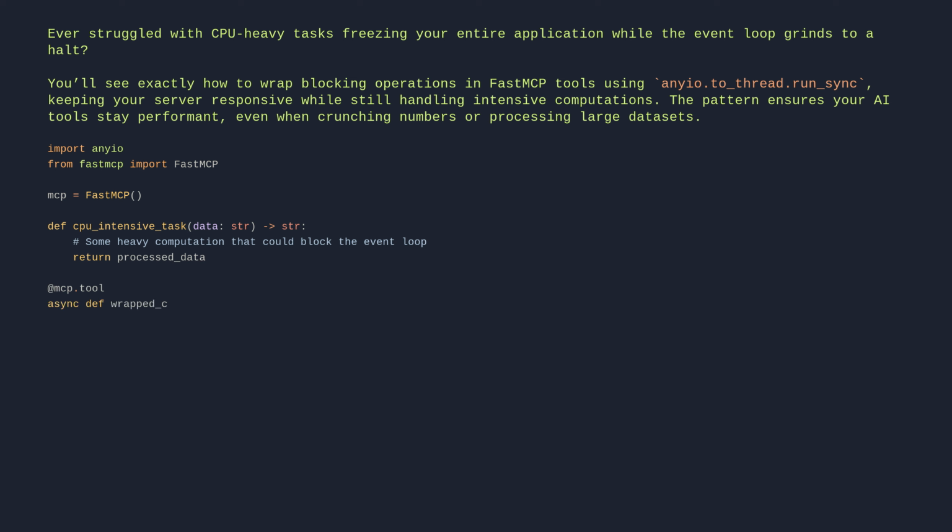async def wrapped_cpu_task(data: str): "CPU-intensive task wrapped to prevent blocking." return await anyio.to_thread.run_sync(cpu_intensive_task, data)